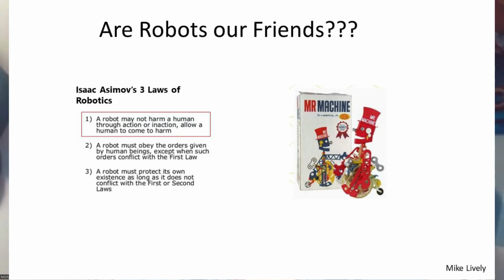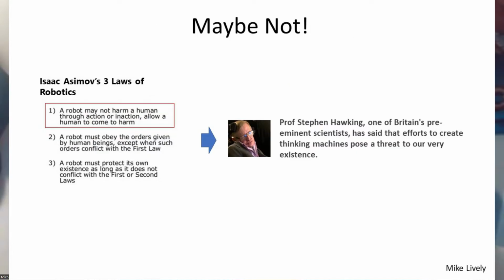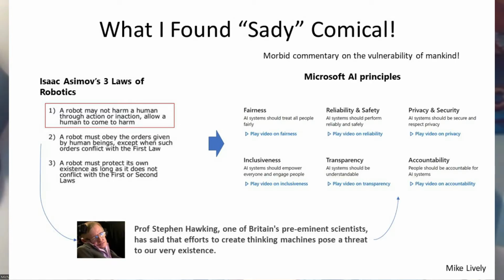Now we've entered into the real world of AI, and it's a little more scary. Even Stephen Hawking, before he passed away, warned us about the dangers of AI. So now we no longer have Asimov's 3 laws of robotics. We have Microsoft's AI principles of fairness, reliability, privacy, inclusiveness, transparency, and accountability. A little bit different, it's like, oh boy. So we could say that robots do harm people, and they are being used by the military excessively. The way we do war is actually changing before our eyes. So there you have it. I'm previous military, so I'm watching everything that's going on overseas and going, wow, technology is making a difference in how we do things.